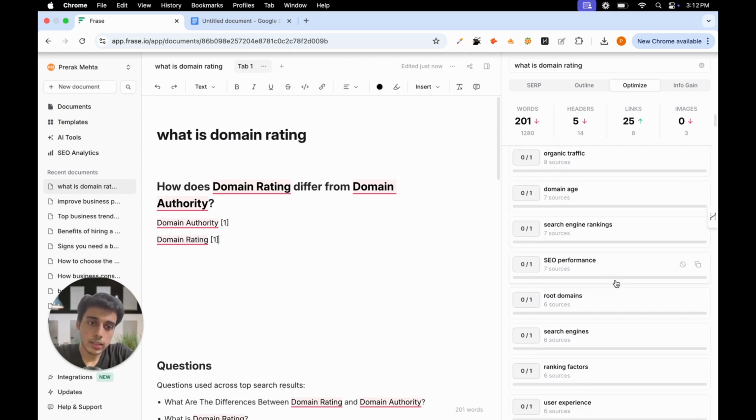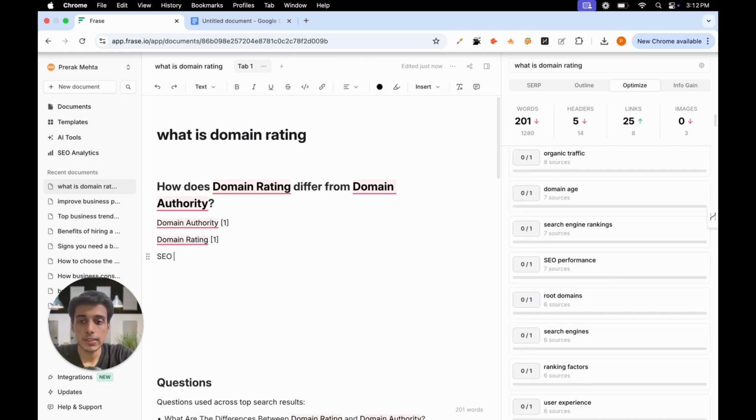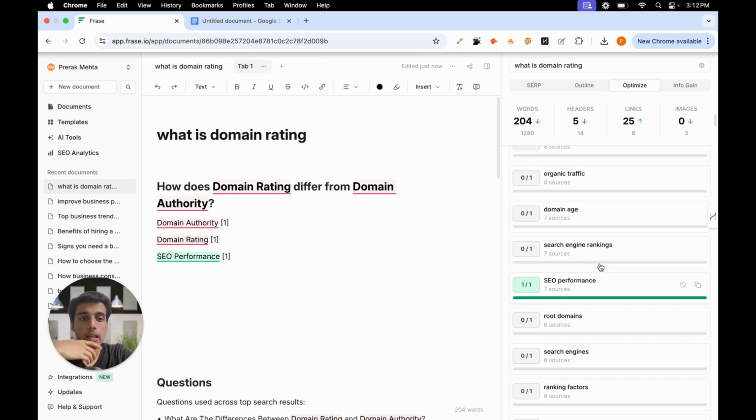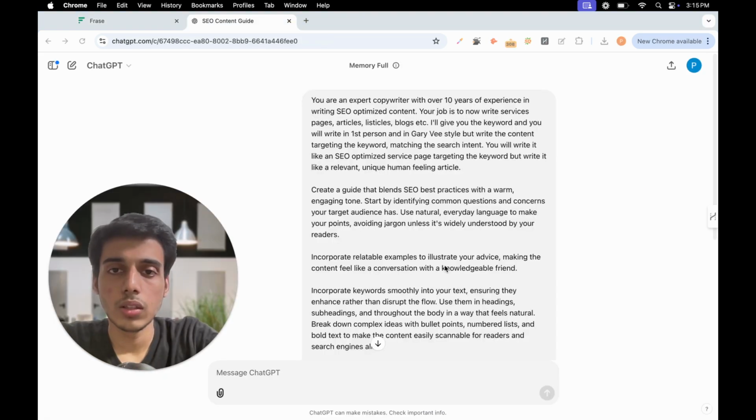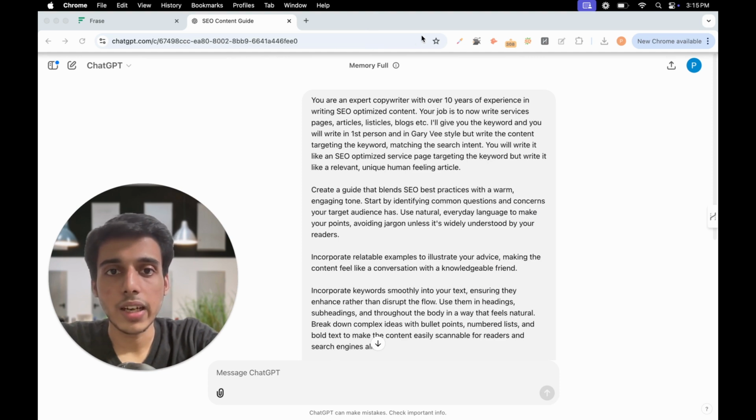I want, let's just say, SEO performance. So SEO performance, let's include this once. You can see it's green now. So these are the 3 keywords that I've added. Now what I'm going to do is head over to ChatGPT and tell it to generate a content piece for me. So over here in ChatGPT, I gave a very specific prompt that, you are an expert